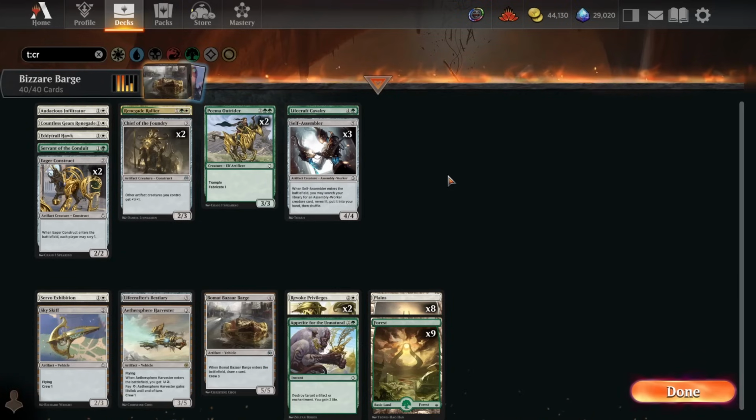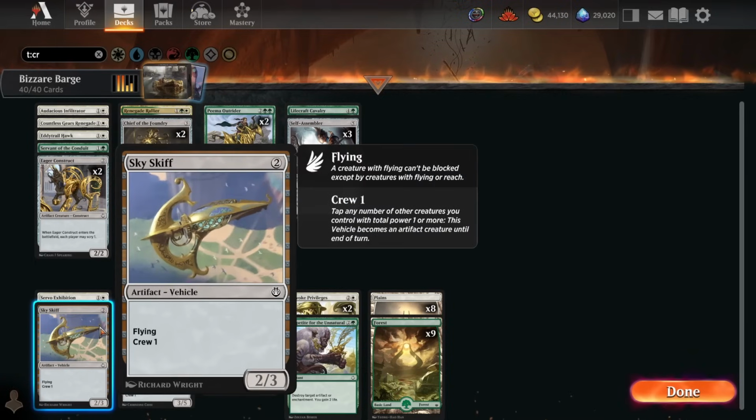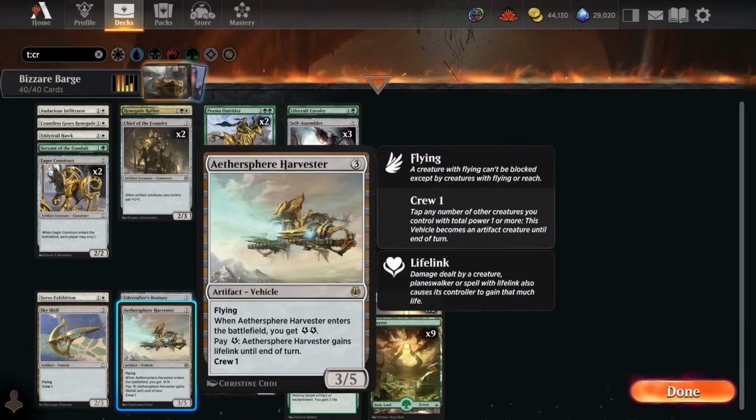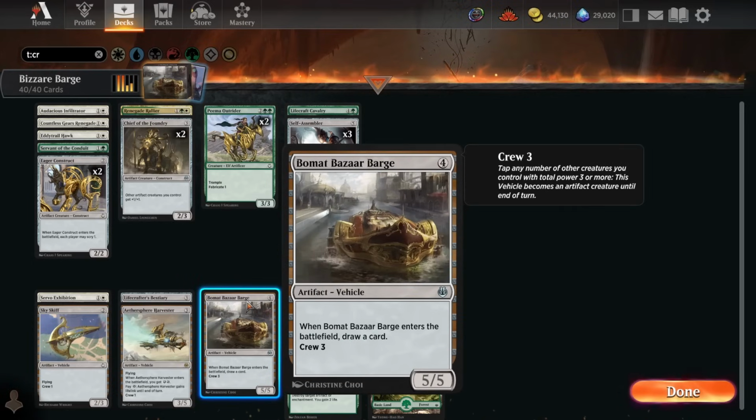We're on a green-white kind of artifact-centric deck here, where we're using a couple of Chief of the Foundries to buff up a lot of our best creatures. So some of our best ways to close out the game are just great evasive vehicles like usual, with a Sky Skiff and the excellent Aether Sphere Harvester. We've also got the Bomat Bazaar Barge for a large creature to get buffed by the Chief of the Foundries,